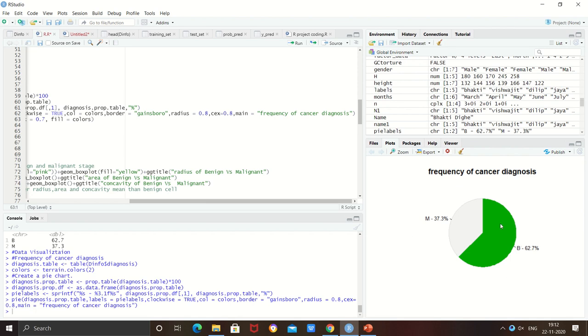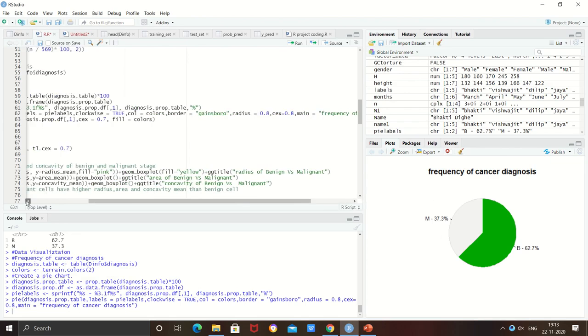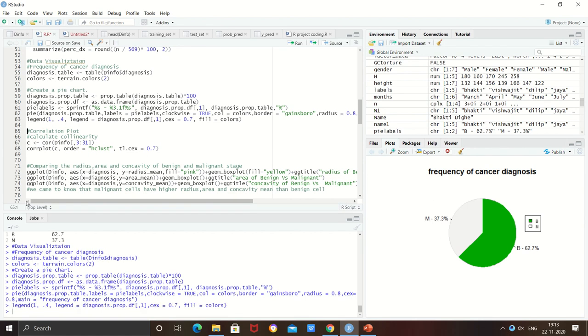The green portion here shows the number of women affected in benign stage and the other shows the number of women affected in malignant stage. So it represents that the green part is for benign tumor and the M part is for malignant tumor.